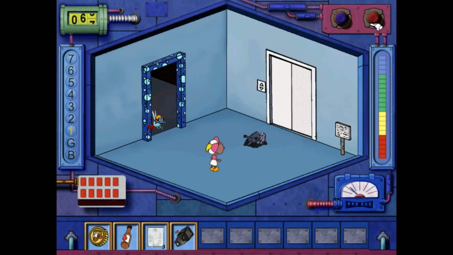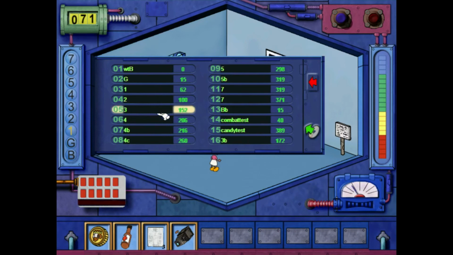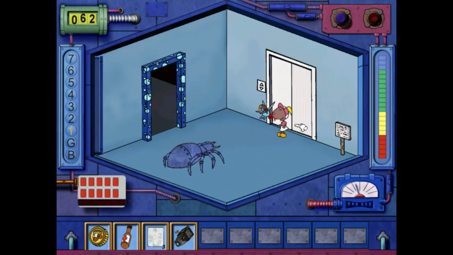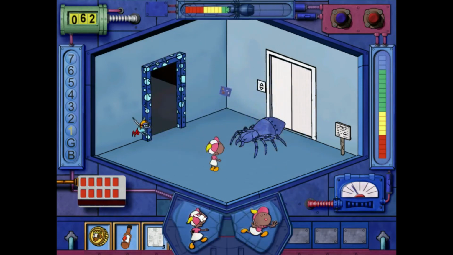However, what we discovered we can do, if we load the save again, is that if we open the exit menu, so in combat, pressing this attack button,